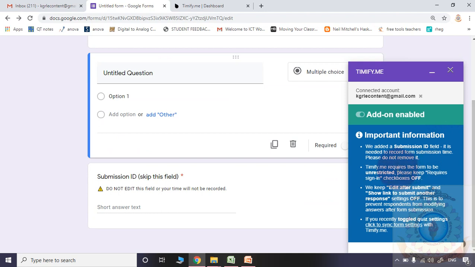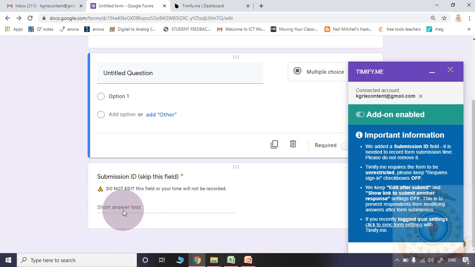Here they are giving some important information. Please observe. Whenever you are sending the quiz form, after enabling this timer in it, at last, please observe here, a submission ID, one particular ID, will be created automatically, which is unique for each and every form. The student is not supposed to touch this value.